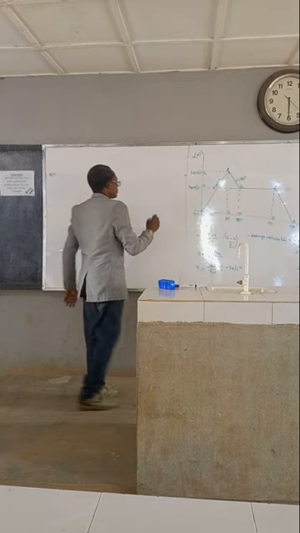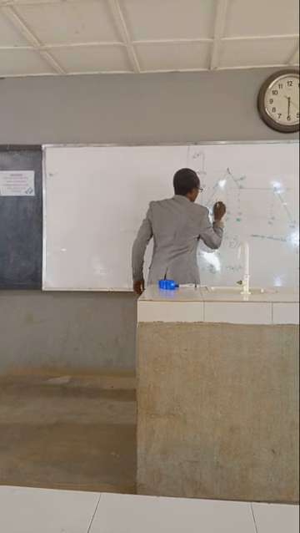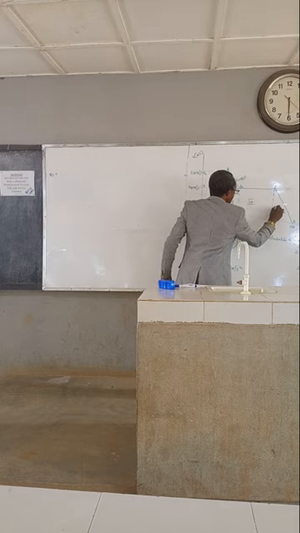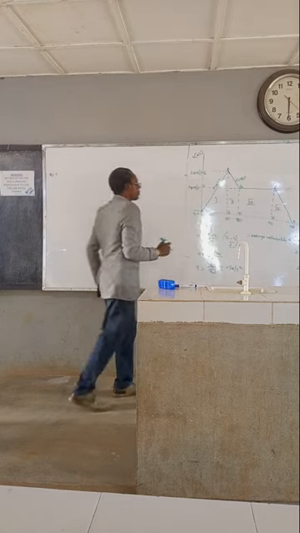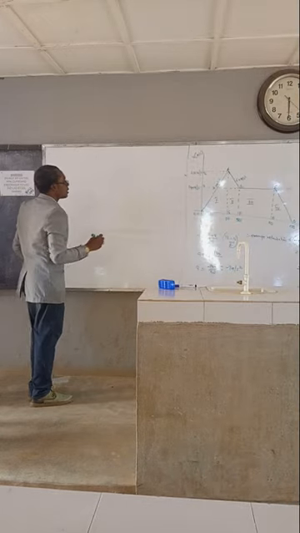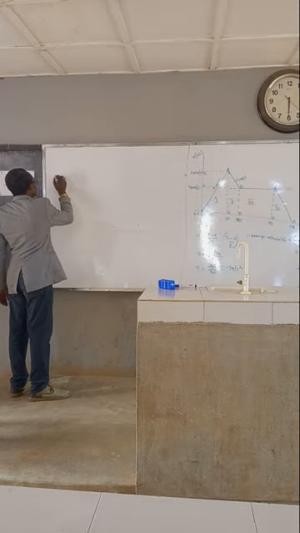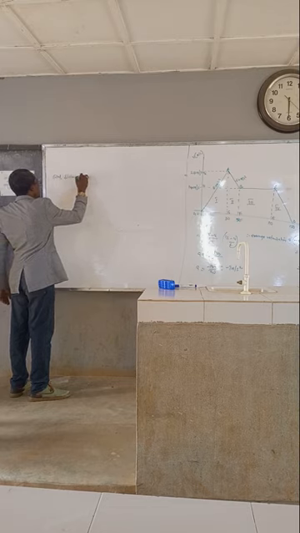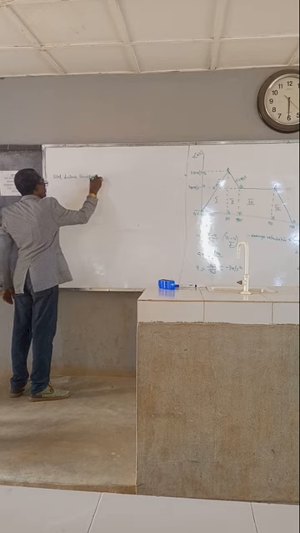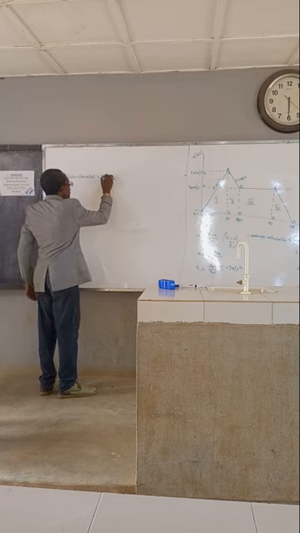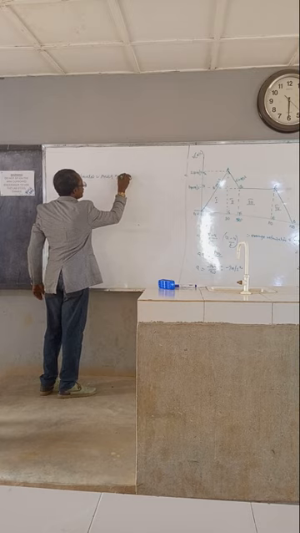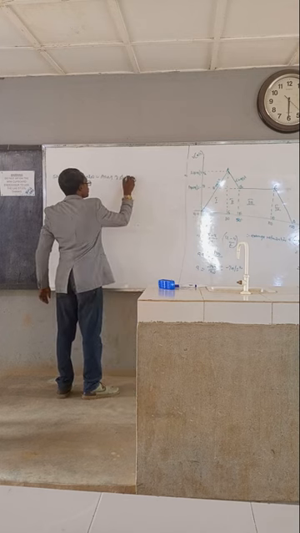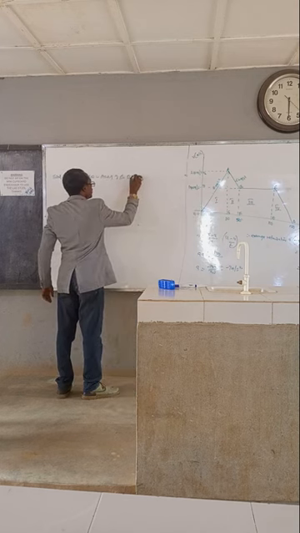Now, let's call this section 1, call this one section 2, call this one section 3, and this one section 4. So for us to get the total distance traveled, it will be total distance traveled will be equal to area of triangle OAG. Triangle OAG